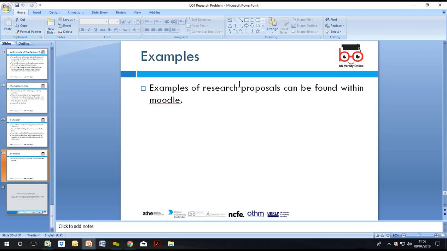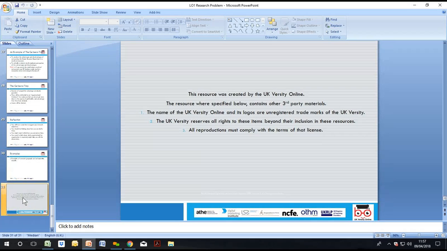Examples of research proposals can be found within Moodle. So if you go on the Moodle platform, you'll be able to find some examples of research proposals that will give you a start or an idea of one that you want to produce yourself. So, coming back from there,